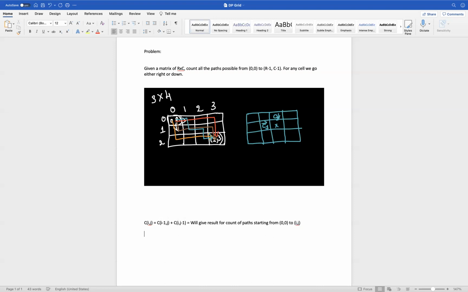So if we look here, I'm considering this X I have pointed out as my destination. But the problem statement says that we need to find all the paths starting from 0, 0 to R minus 1, C minus 1. That would be the end cell. So in this case, my answer will lie at C of R minus 1, comma C minus 1.